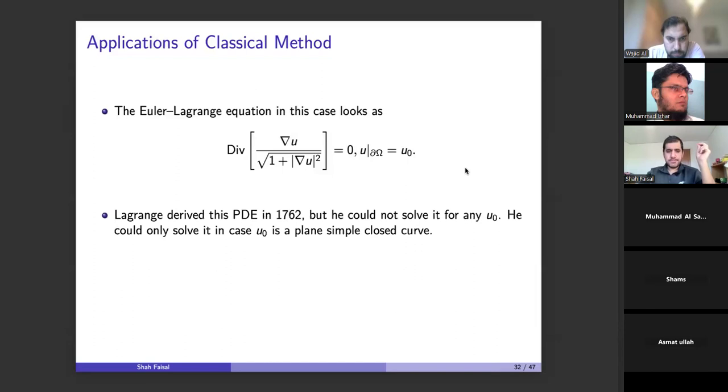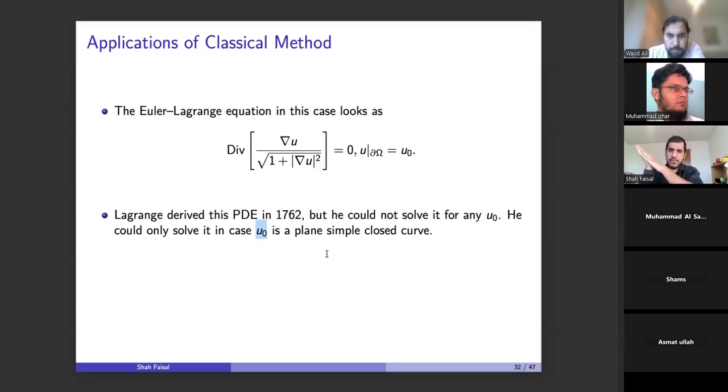Now the point is that Lagrange derived this equation in 1762, but he couldn't solve it for any curve. Remember, U0 was representing a closed curve. The graph of U0 would be a closed curve. So Lagrange couldn't solve it for any choice of U0, but he did it when U0 is a curve that